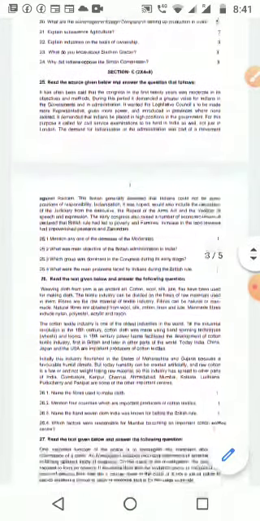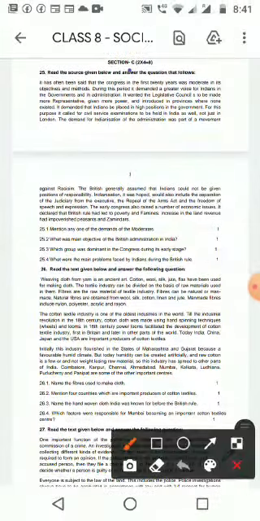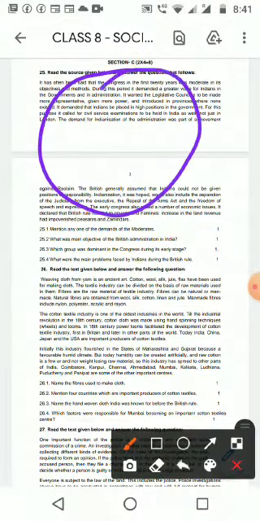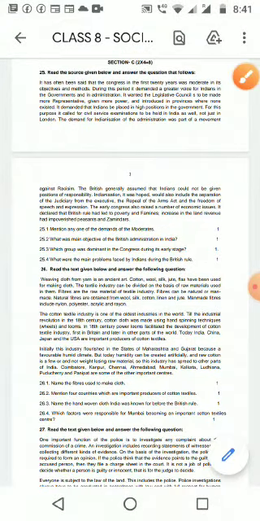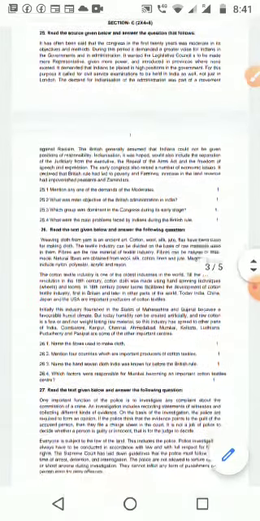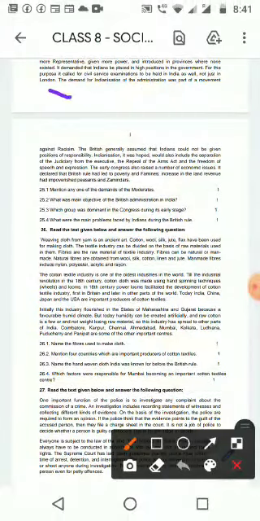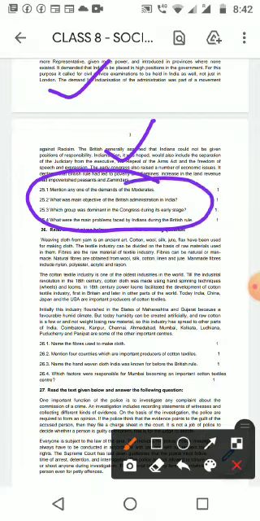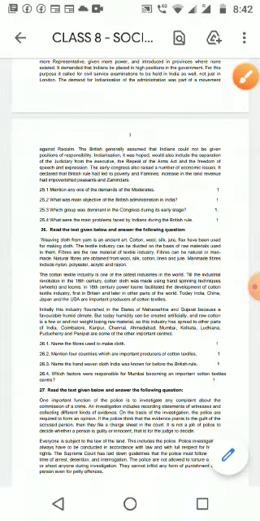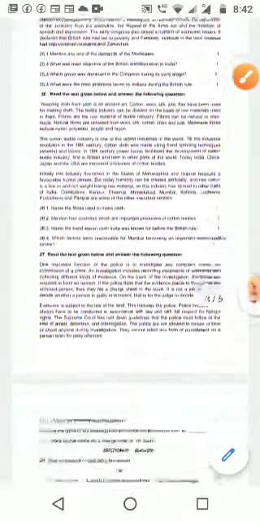Then section C, you will get a passage. We already practiced this model when we wrote our PA exam, HBTA 2, at that time. So you know that one. We have a paragraph; I will take the paragraph from the textbook only. Then we will get 4 questions, and each question carries 1 mark. It may be multiple choice also, and one sentence answer questions also. We will get 4 paragraphs. Here it is given 3, but I am going to give 4 paragraphs.